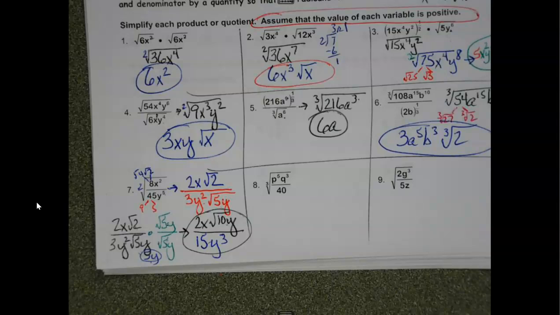Now, if there would have been something going on out here, if this would have been 3 over 15, where you can reduce the fraction, I'd have to do that. If somehow I'd have ended up with y and y cubed out here, I'd have to reduce that. But that might have been taken care of in the step before. So anytime it's a square root, we like square roots. I'll show you why in a second. Whatever this radical is in the denominator, just multiply numerator and denominator by it. And that's going to take care of it and fix it for you. But